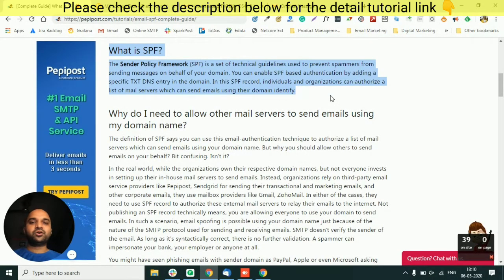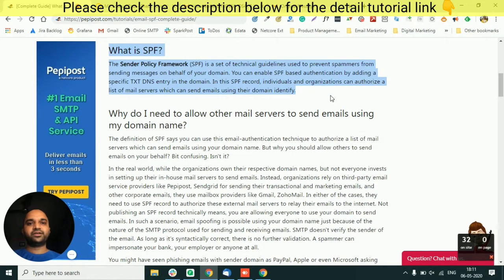Because SMTP is an open protocol, anybody can send an email from anyone's email ID to anyone. That's the truth of the SMTP protocol. You can send an email from hr@microsoft.com to someone at gmail.com. It's really possible on SMTP. By default, SMTP doesn't have any email authentication mechanism, because of which new frameworks like SPF, DKIM, DMARC are now becoming very popular in order to protect emails from getting spoofed by these spammers.